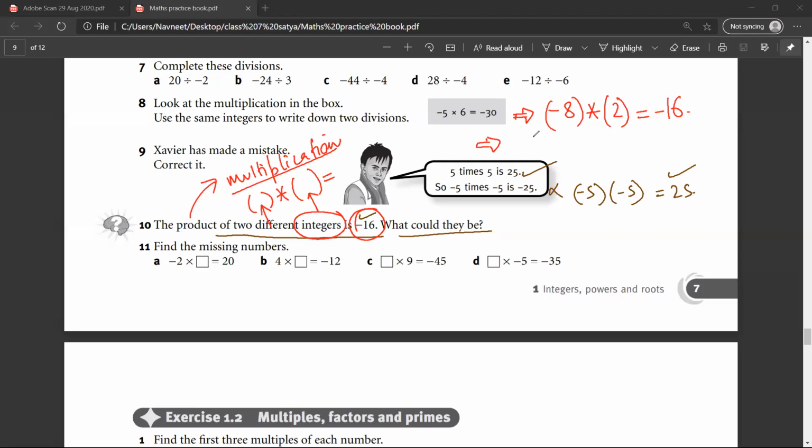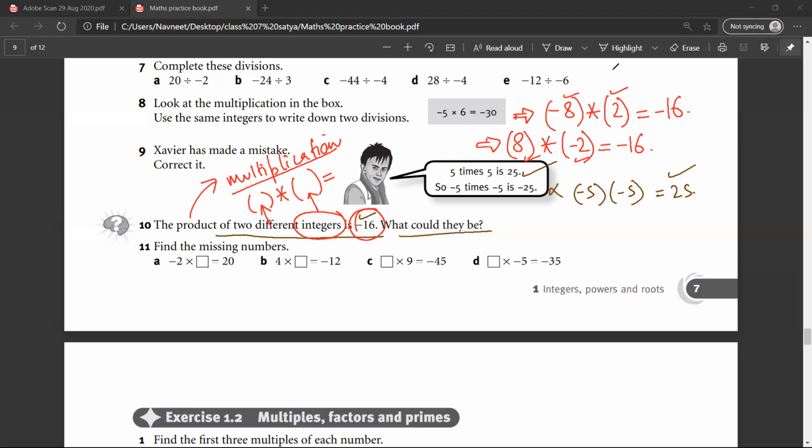See, the simple answer would be 8 into minus 2. This again would be equal to minus 16. Have you understood? Yes, sir. But I thought that this wouldn't be allowed, so I didn't tell about that. See, minus 8 and 2, 8 and minus 2, they are separate. Minus 8 and 8 are separate integers. 2 and minus 2 are separate integers. Okay, sir. So this is okay.